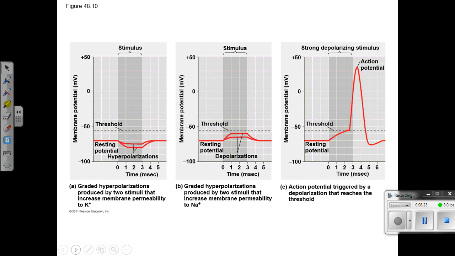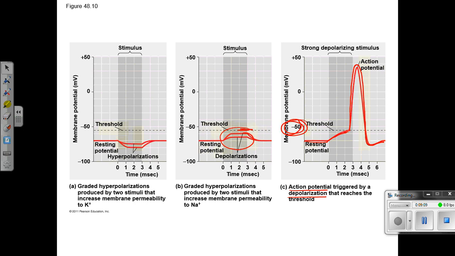So here are just some graphs to kind of explain the stimulus. Here's your action potential. It's triggered by a depolarization that reaches a threshold. So remember, here's your resting potential. It can increase, but if for some reason it doesn't reach the required amount of membrane potential, the difference isn't great enough, it's going to just fizzle out. But if the difference is great enough, it'll actually trigger a depolarization, a hyperpolarization, and then back to the resting potential. You'll see here, this depolarization did not meet that threshold,